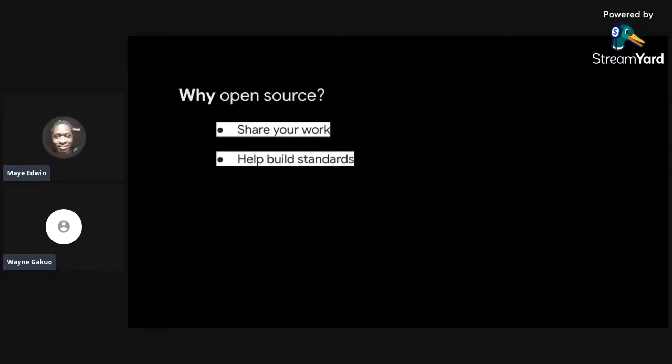Or for example, just a simple thing, we have licenses, you can use the MIT license, so you adopt it within your project. You now standardize that MIT is a license that could be used to share stuff out, in this case, your open source project or open source code. So it also helps us to build and popularize standards.